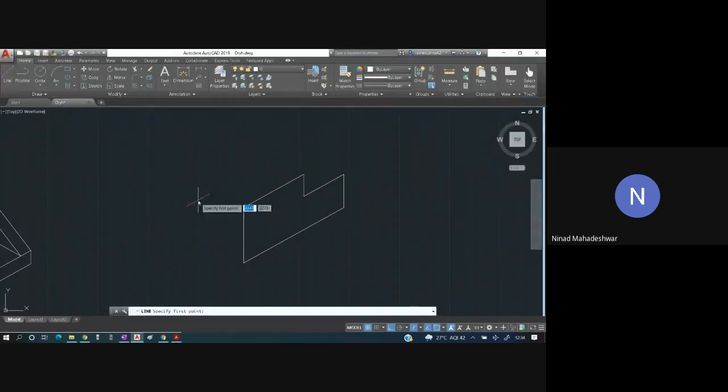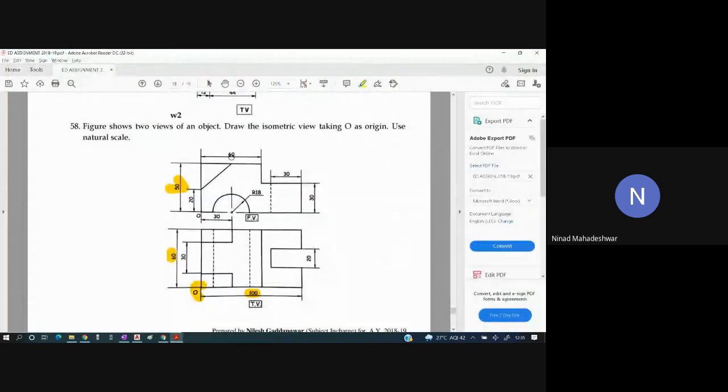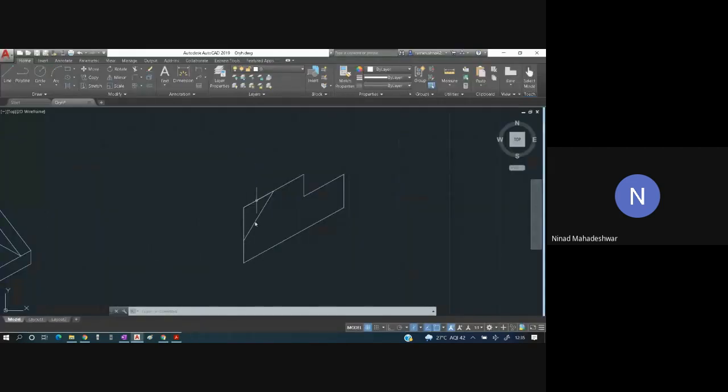Okay, select a line from here, go towards right by 30. We have gone. Okay, then F8 बंद कर दो, that is ortho off कर दो, because we are drawing in any plane. तो यहाँ पे एक end point आएगा. Why I have drawn an end point over here? Because मैंने यहाँ पे जब भी line बनाया था, यहाँ से मैंने 20 mm up लिया था, वहाँ से 30 mm up लिया था. I have not taken 50 throughout. Why I have not taken 50 throughout? Because ultimately I had to join these two sections. So that time this 20 mm above, and then we have joined it over here. Okay, so this part is done.